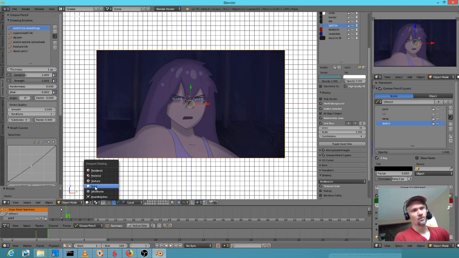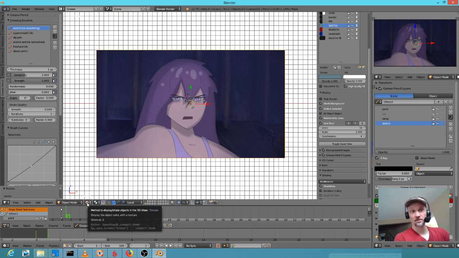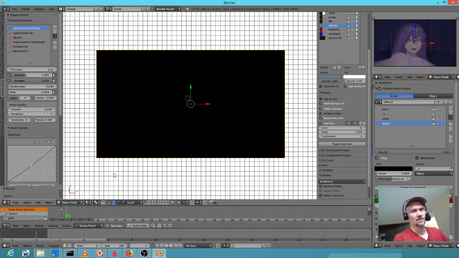Right here, we're in solid mode. Now if we go to texture mode, it appears that by default Blender did apply this video to the plane as a texture. If we go to material, it disappears. That's a little confusing, because it would appear that the default is to map the video to the plane using the default UV space, but it isn't actually connected up to the plane as a material with a texture. If you want to see it animate in real time,